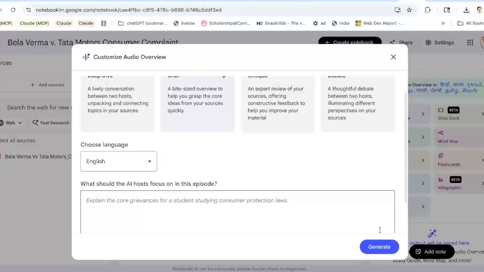And this is where I can say what the AI host should be. You can see, AI host is a judge, and the other person is me, the counsel for the complainant. I'm just testing the prompt. Okay,